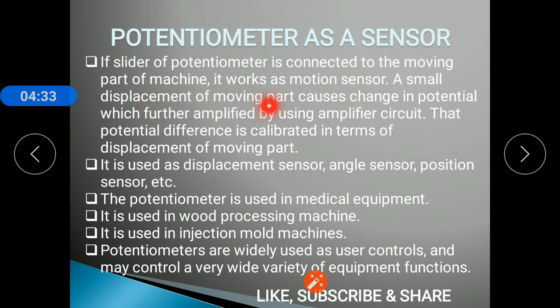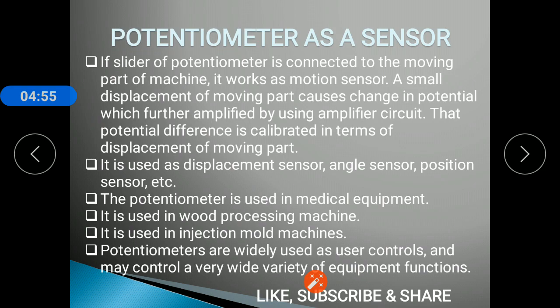When the moving part causes a small displacement, the potential difference changes slightly, and this small potential difference is amplified by using an amplifier circuit. So this potential difference is calibrated in terms of displacement of the moving part.